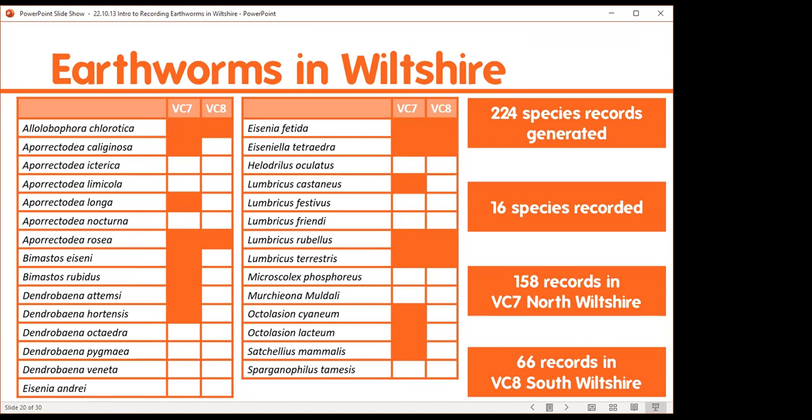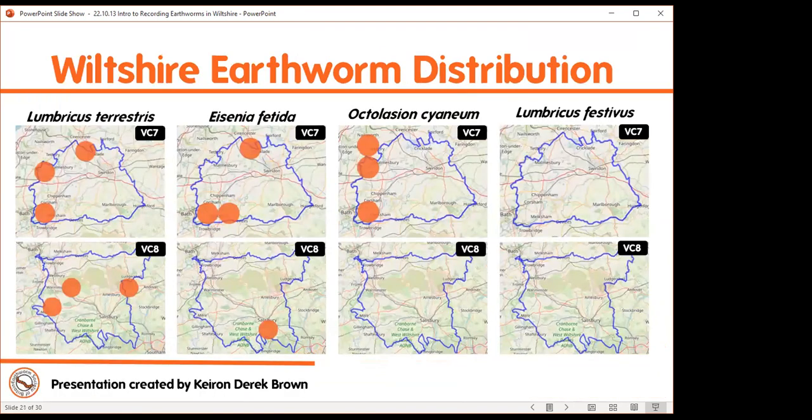158 of them are from North Wiltshire and only 66 from South Wiltshire. So what this tells me is not that the earthworm diversity of Wiltshire is bad, but that we have very little data. And if we look at some maps of some of those records, so Lumbricus terrestris, otherwise known as the common earthworm, although it's not the most common earthworm, to be honest,